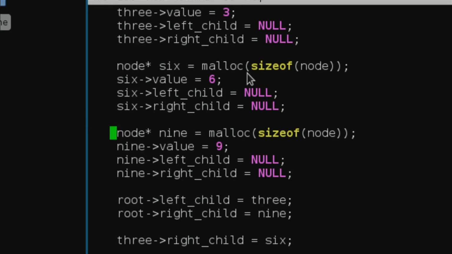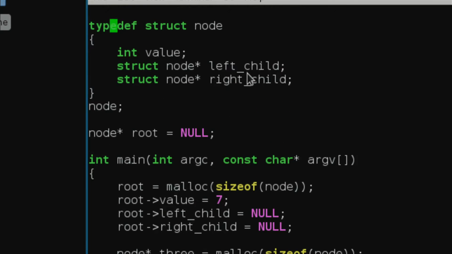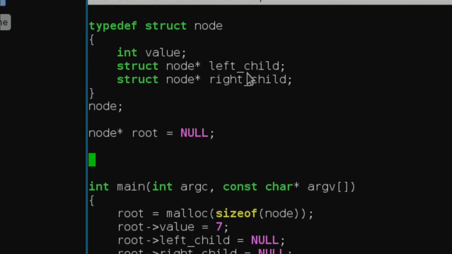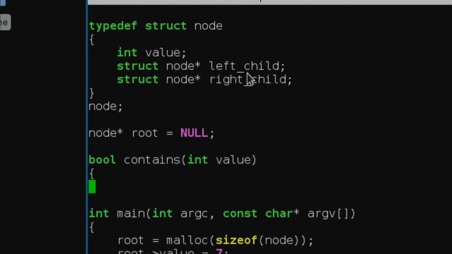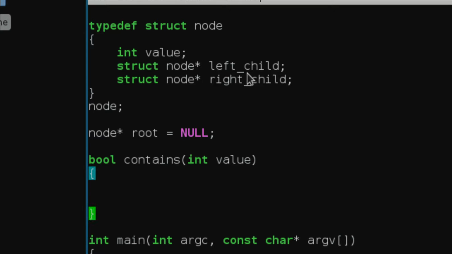This is going to be exactly like the lookup that we did by hand on the iPad just a little bit ago. So let's zoom back in a little bit, scroll up. We're going to put this function right above our main function so that we don't have to do any sort of prototyping. All right, so bool contains(int value). There's our boilerplate